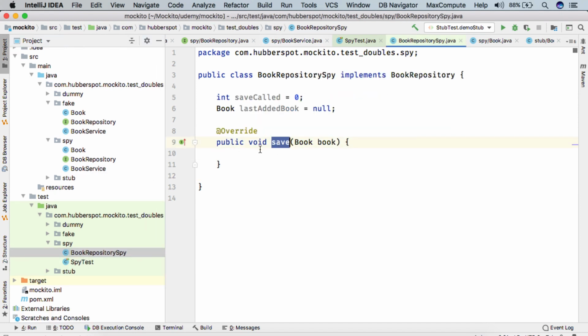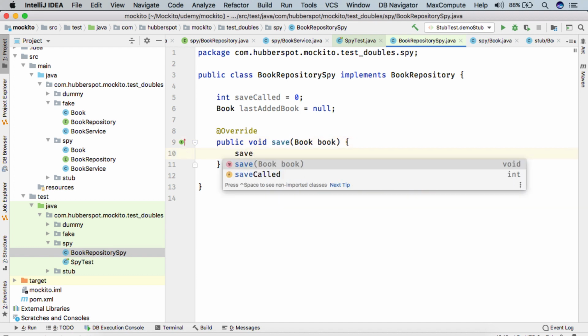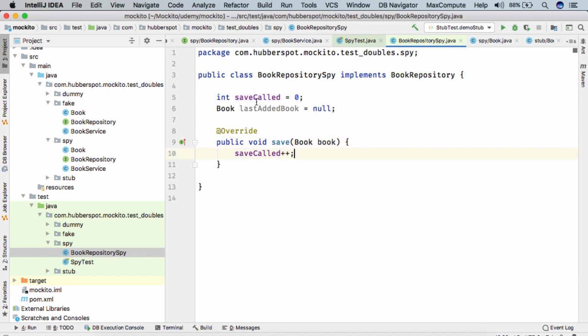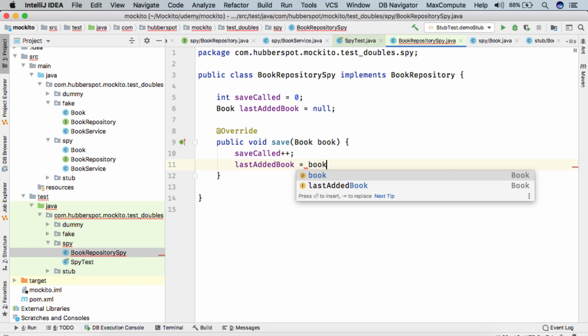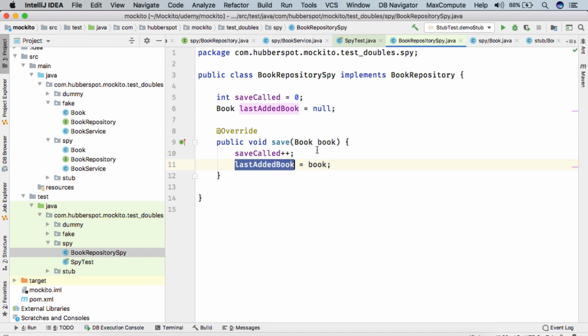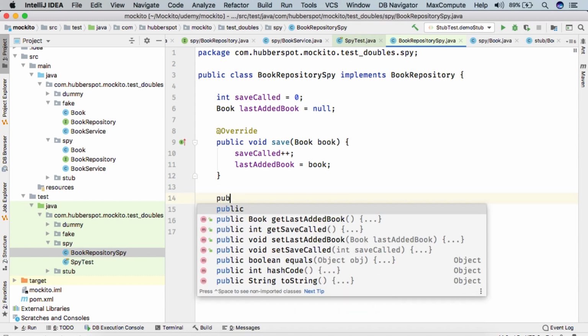And when it calls the save method, what we do here is we increment this count and we initialize last added book with the book which is passed here. So friends, this is a very basic use case of book repository spy. We could have also created a list here, stored this book into the list, and kept track of how many elements are in the list and whether the list contains a particular book or not. But here I am keeping the example very simple, and here we provide